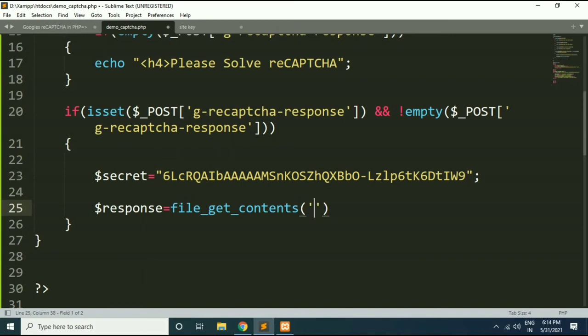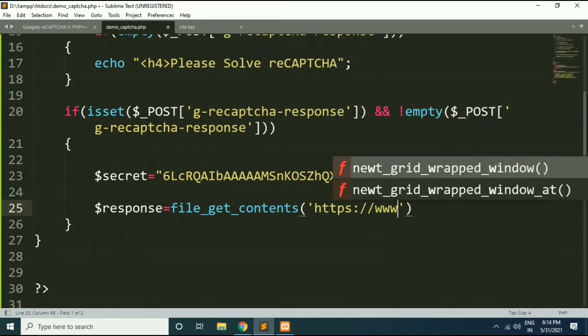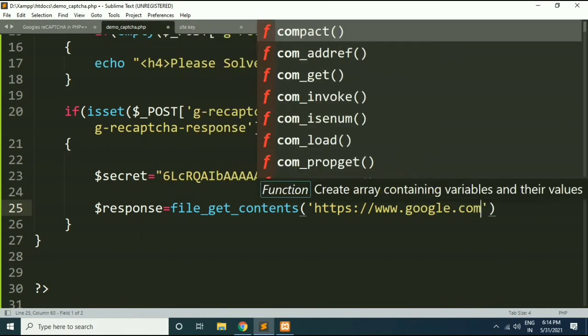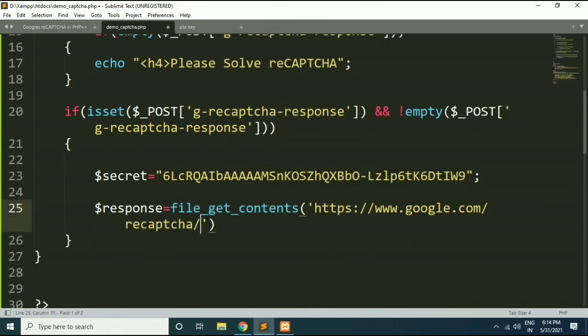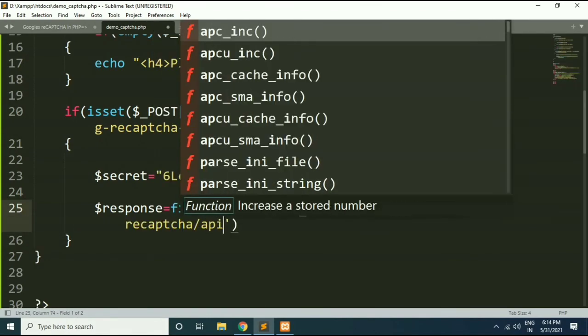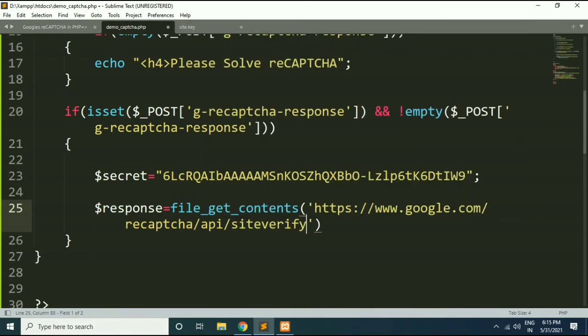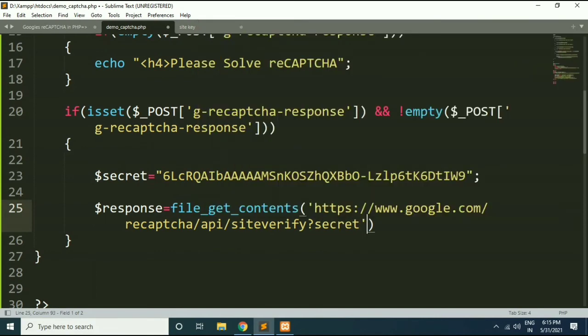So here I will write https://www.google.com/recaptcha/api/siteverify. Then we need to provide the secret key here. So I will write secret and write down your variable name where you have stored your secret key.